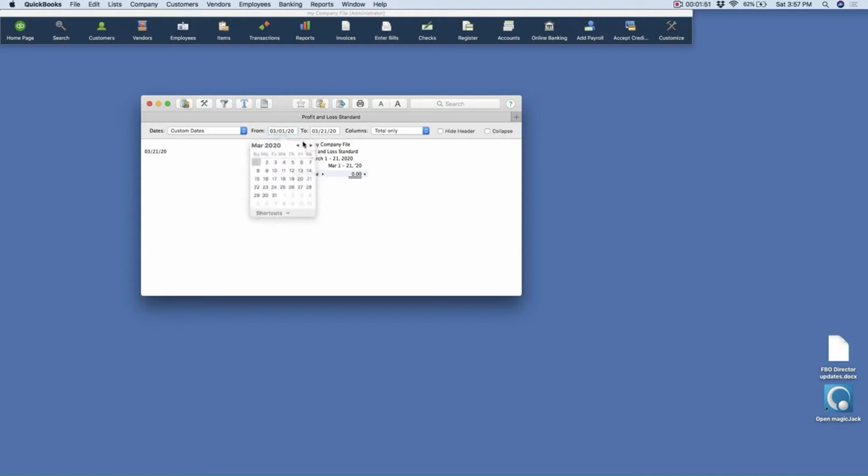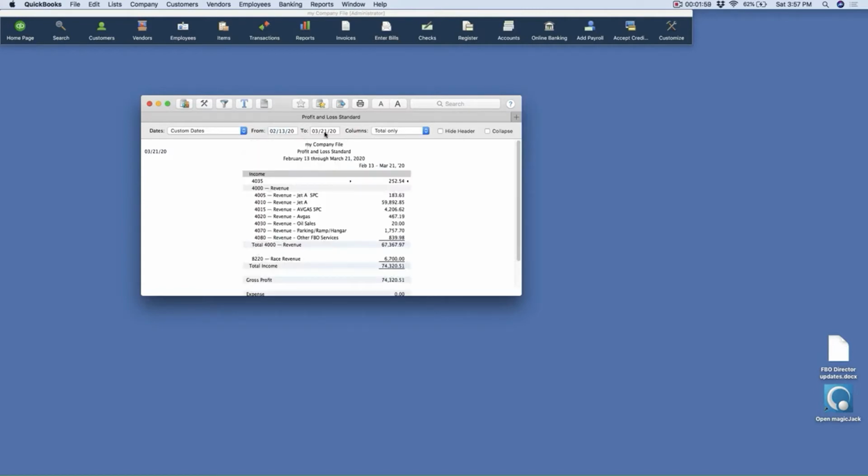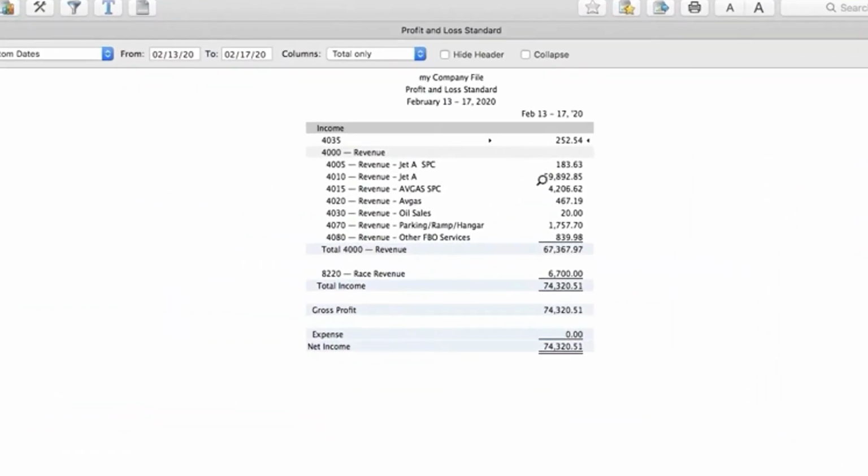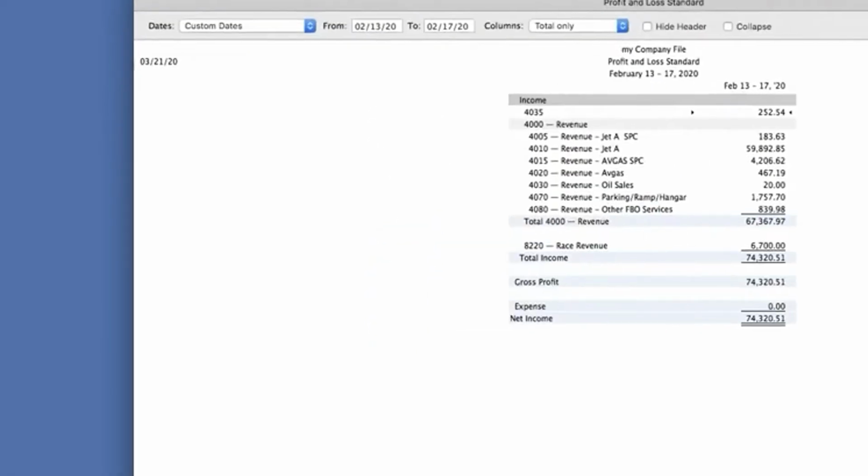So I'm going to go back to February, and in particular, it was February 14th through the 15th. That won't really matter since I have no other data in this system. But just for purposes of the demo, I'll make sure that this matches up appropriately. So there you go. I'll make this bigger. If you look at account 4010 revenue Jet A, 598952,